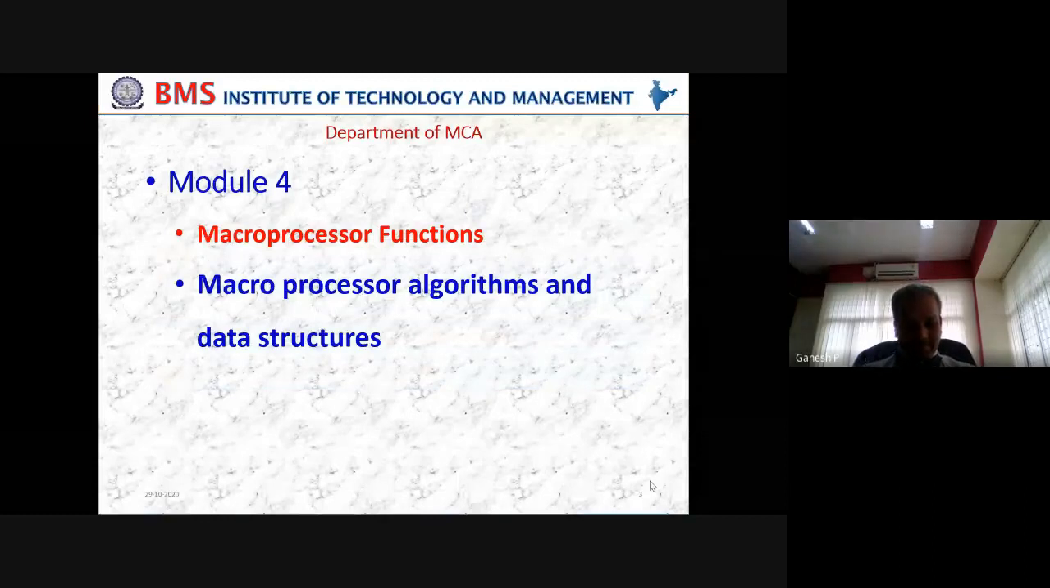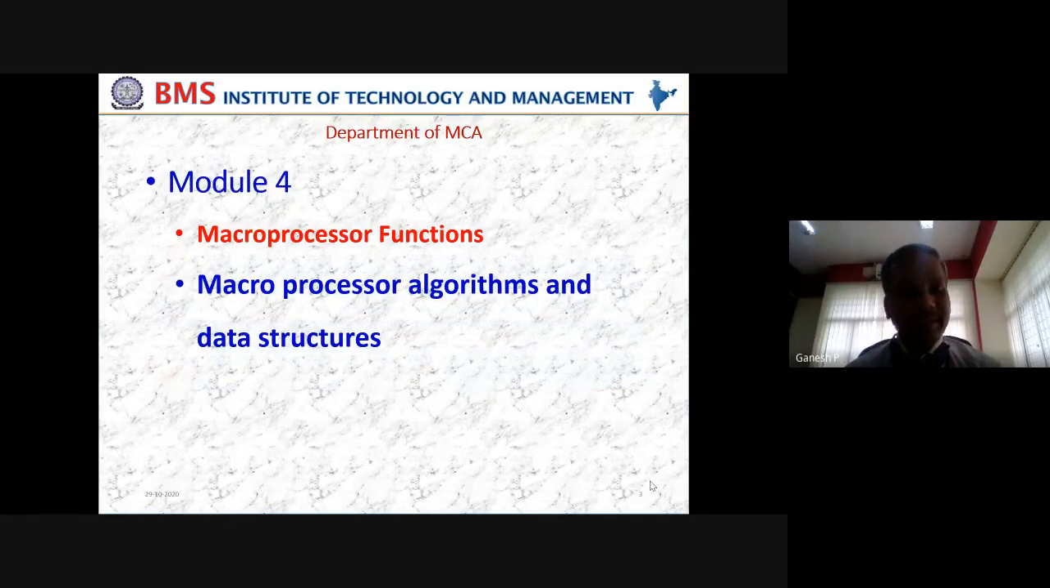So we have started module 4 with the macroprocessor, and we have seen in detail in the previous class about the definition of a macroprocessor, where that fits in, and three functions of it. Reflecting on the functions of a macroprocessor, we have three functions basically, namely macro definition, macro invocation, and